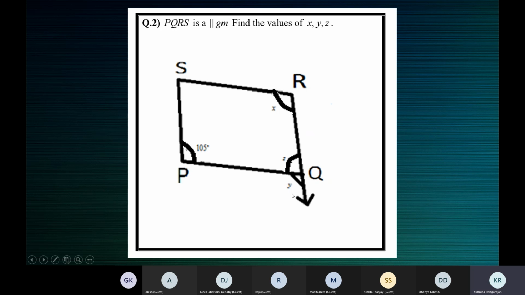Now we said to find Y, X is equal to Y, corresponding angles are equal. So since X is 105, Y is also 105. Is there any other way to find Y? Yes, ma'am. Adjacent angles property we can use for finding Z, and then we can also find Y. Okay, that's the third method. Fine, we'll come to that later.